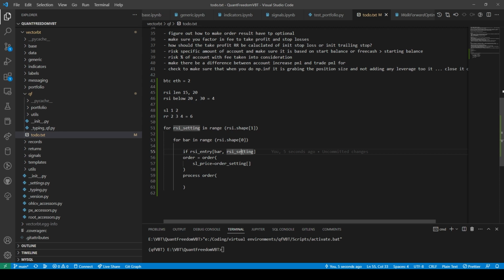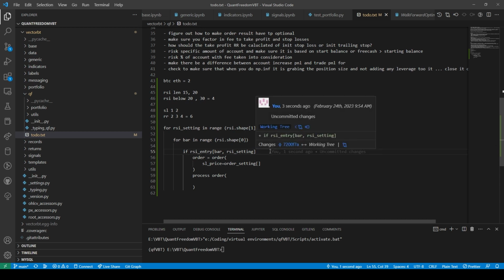So we have our 15 and 20 here. And then we would be going through the first bar within this RSI to see if it's true or false. Let's say that this is true. If this is true, then we come into this order, and then we have our stop loss, risk to reward.